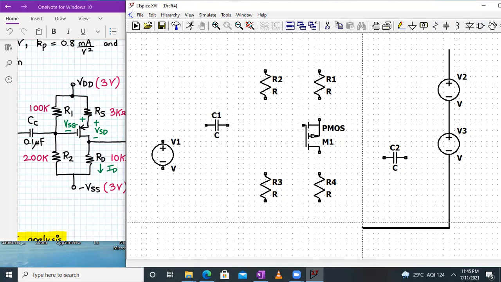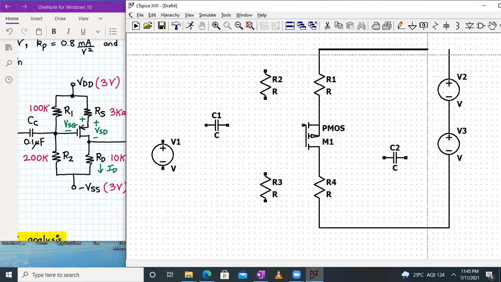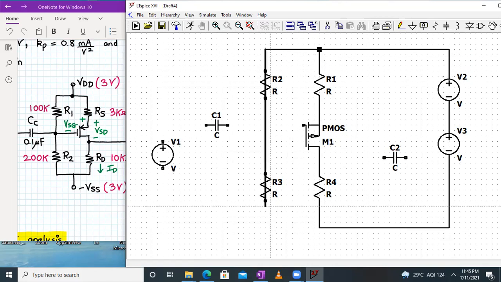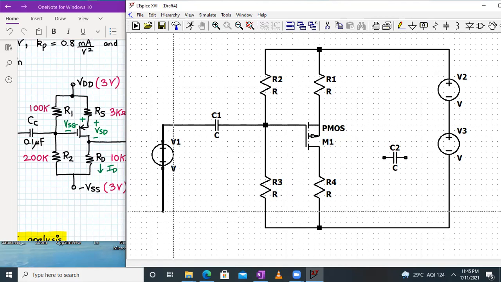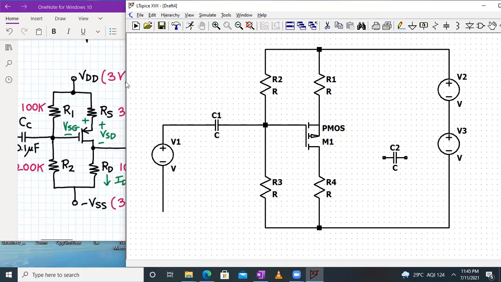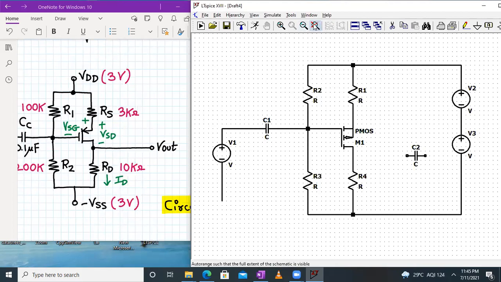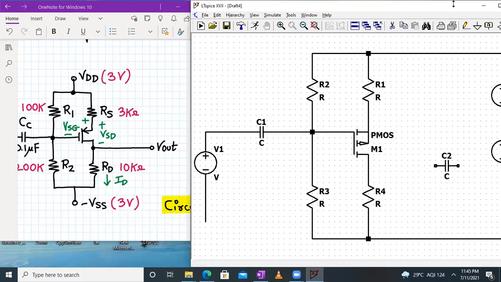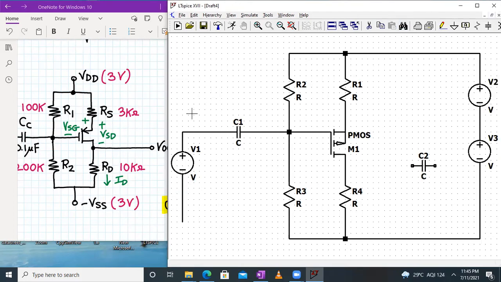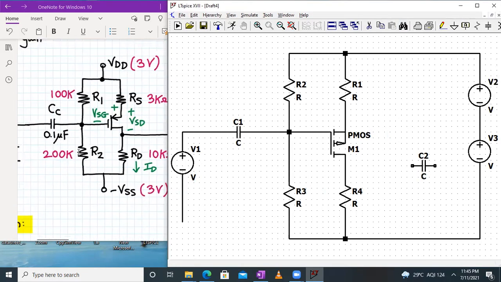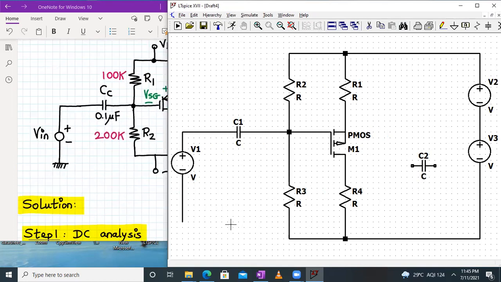So we'll start connections now. So this way you can connect it very quickly. Next is the gate resistors R1 and R2, which we are connecting. Next, we have to make the gate connection to the wire first, and then to the capacitor and the voltage source. Remember the voltage source connection. Let me just minimize this a little. Now remember carefully that the voltage source connections for the input here, this is connected to the ground. So we will connect it to the ground.